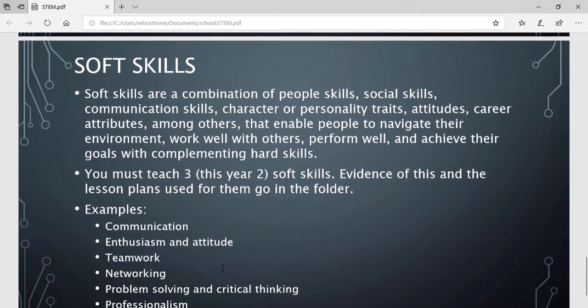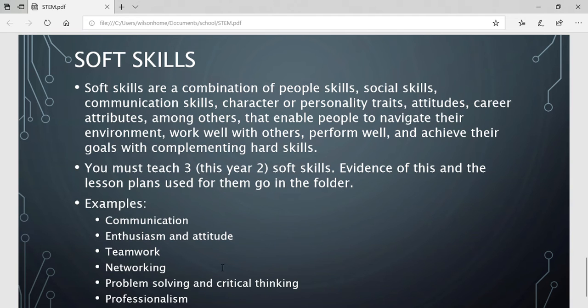Soft skills are basically skills that these students are going to need when they go into the workforce. So usually we teach them 3, but this year we only have to teach them 2. Some examples of soft skills are communication, enthusiasm and attitude, teamwork, networking, problem solving, critical thinking, professionalism. So basically you're going to be choosing 2 of these, and then you're going to be teaching it throughout the